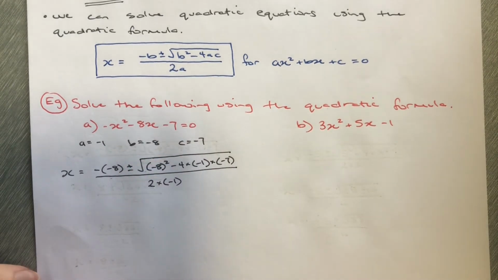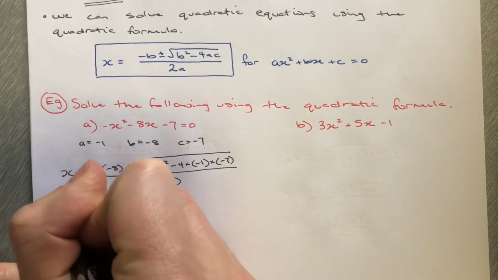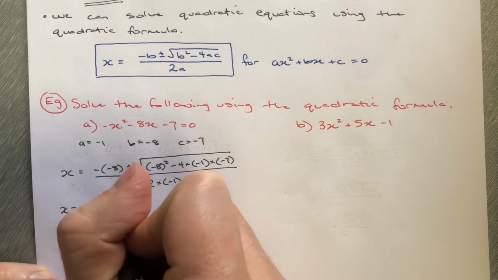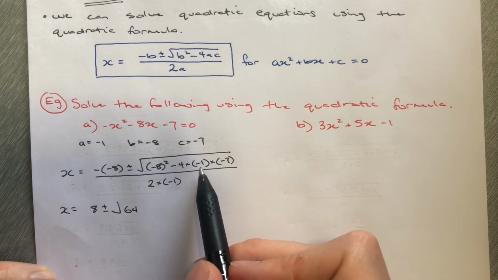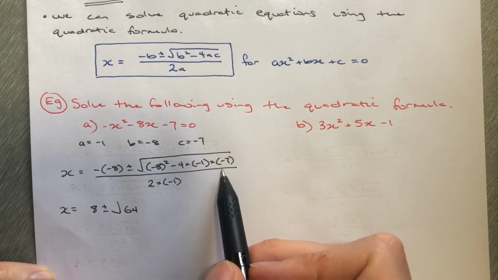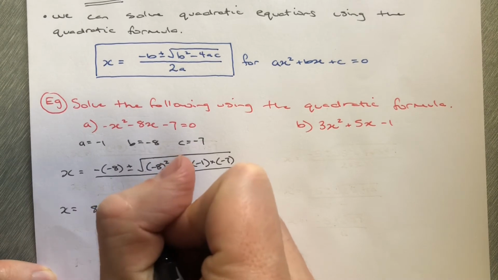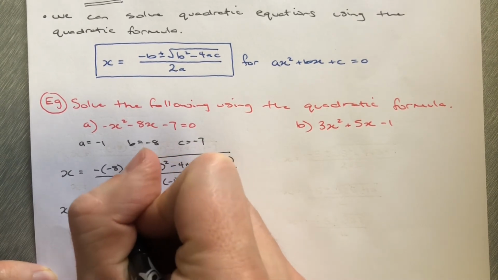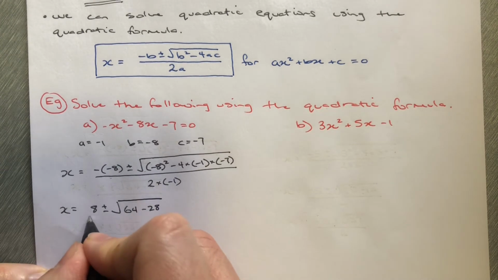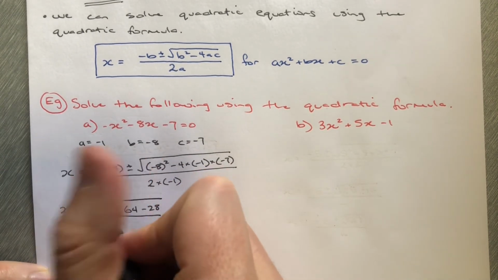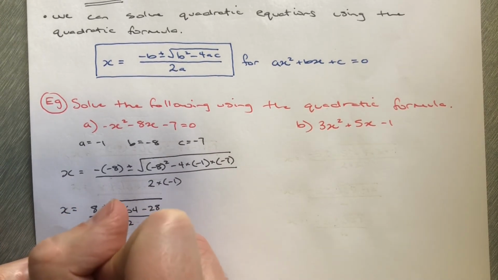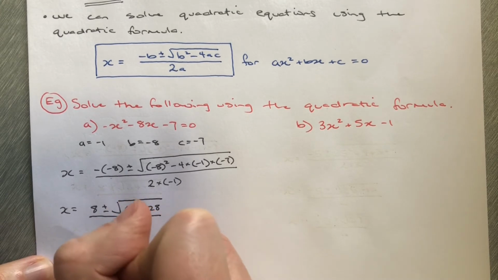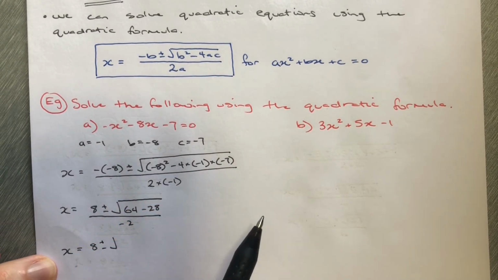Okay, so I've substituted all those numbers in there. I just need to work out what this is going to be. Okay, so let's keep simplifying this. Okay, minus 4 times minus 1 is 4 times minus 7 minus 28. Alright, 64 minus 28, so